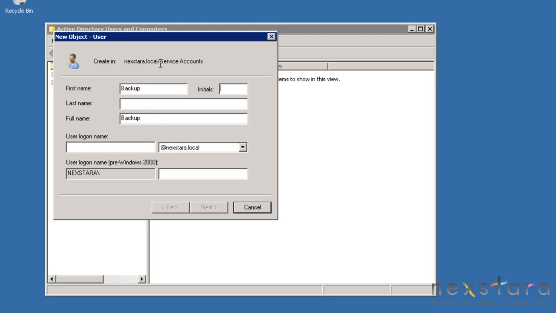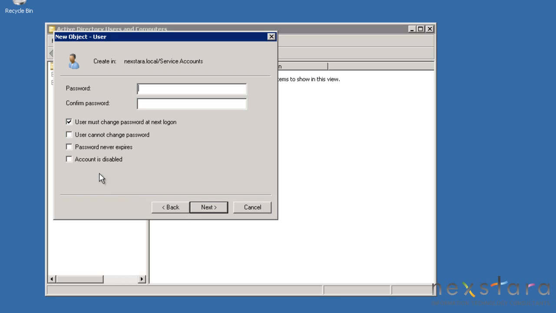Then we will fill out the user information. Please note that the username is in camel case and prefixed with an underscore. This is our standard best practice for service accounts. Next, we will unselect the User Must Change Password at Next Logon option, and then select the User Cannot Change Password and Password Never Expires options. Then we will enter a strong password and click Next, and then Finish to create the new user in the